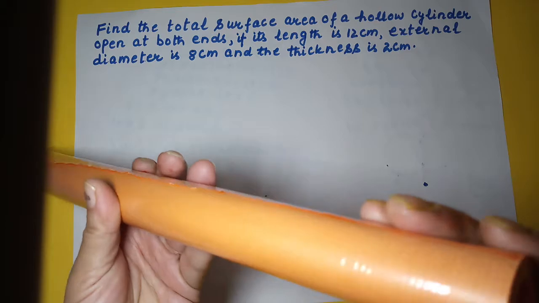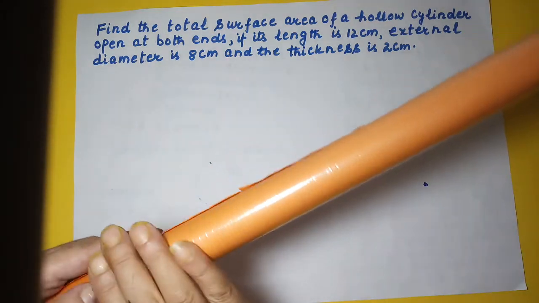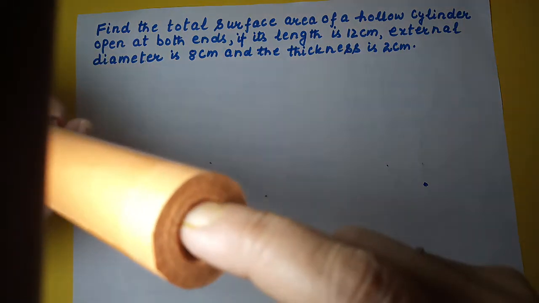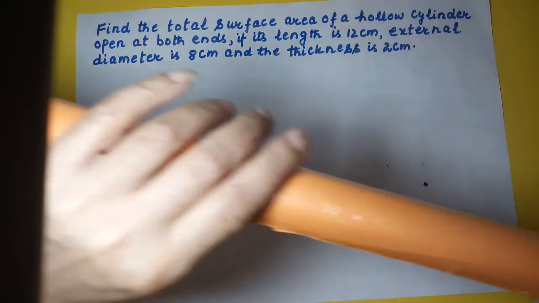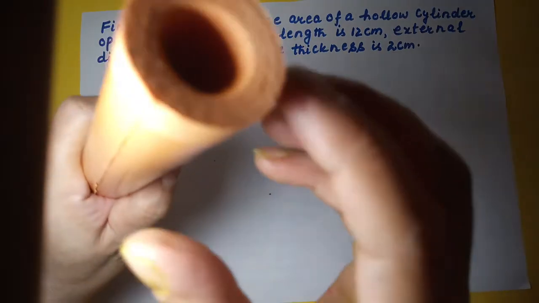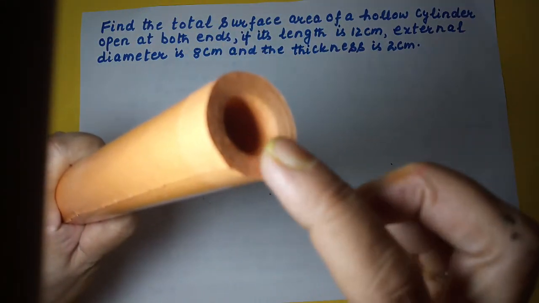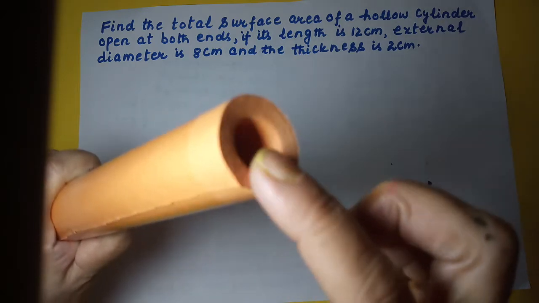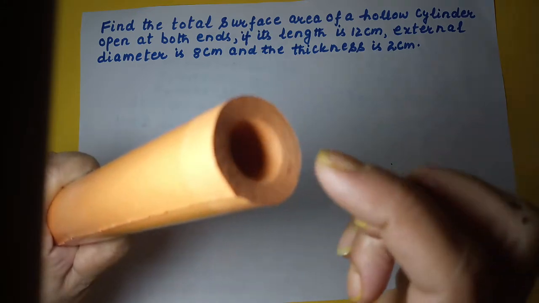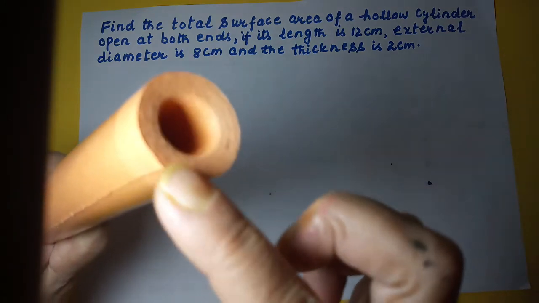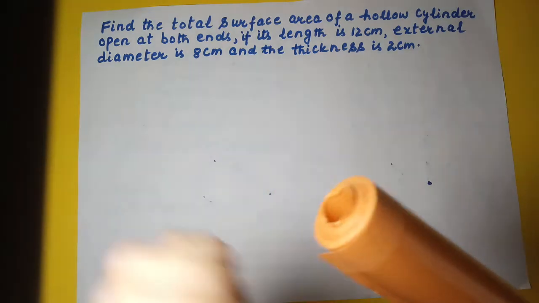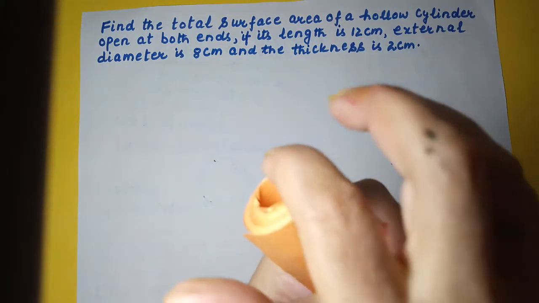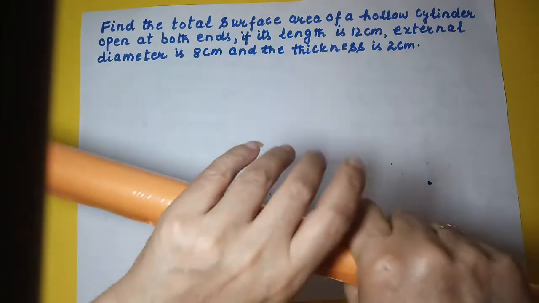And we have to find the surface area of this. Now surface area is something which you can touch. Now I can touch the external surface area, right? I can also touch the internal surface area, right? And I can touch this part, right? So what is this part? This part is the area of the two concentric circles, one is this inside circle and one is this outside circle. And here also at the another end, I can touch this part, so there are two areas of concentric circles here.